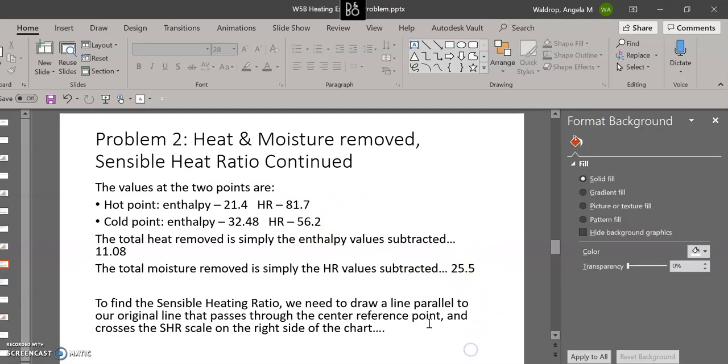Now, it's also asking to find the sensible heat ratio. To do that, we need to draw a line connecting those 2 points. And then we have to draw another line that's parallel to the original line, passing through the reference point. So I'm going to go back to my